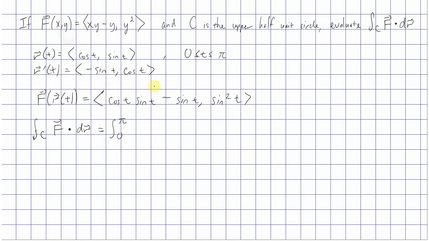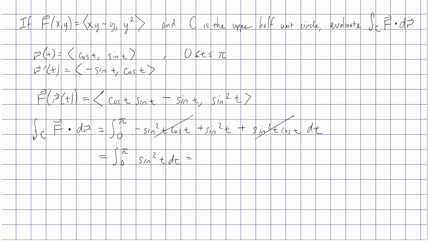So if you multiply first components, you're going to have to distribute, so you get a negative sine squared t cosine t, and then when you distribute, plus sine squared t, and then for the second components in the dot product, when you multiply, you'll get sine squared t cosine t dt. Looks like these sine squared t cosine t terms cancel, so you have the integral from 0 to pi of sine squared t